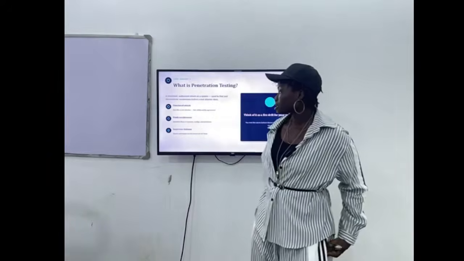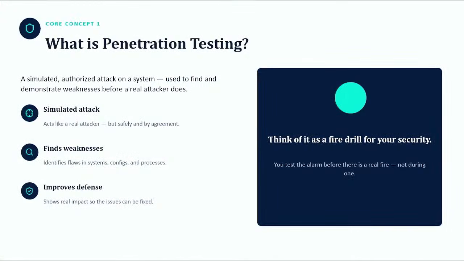Then you find weaknesses. You identify flaws in your system with penetration testing. You find out what type of things are allowed in your system that should typically not be allowed, and find out ways to improve the defenses based on those weaknesses. With those defenses, now you see real impacts that can and should be fixed. Moving on,